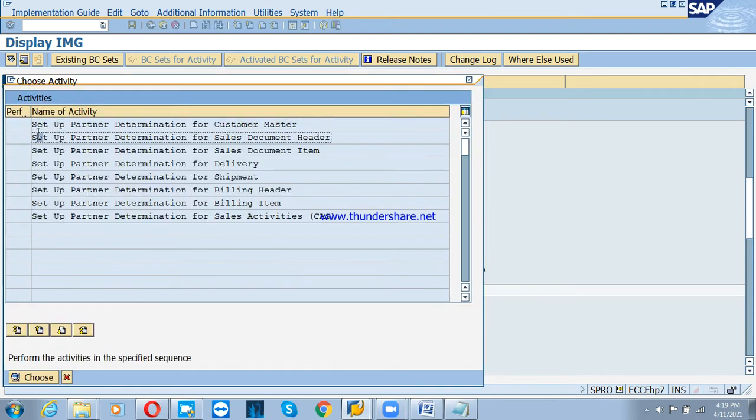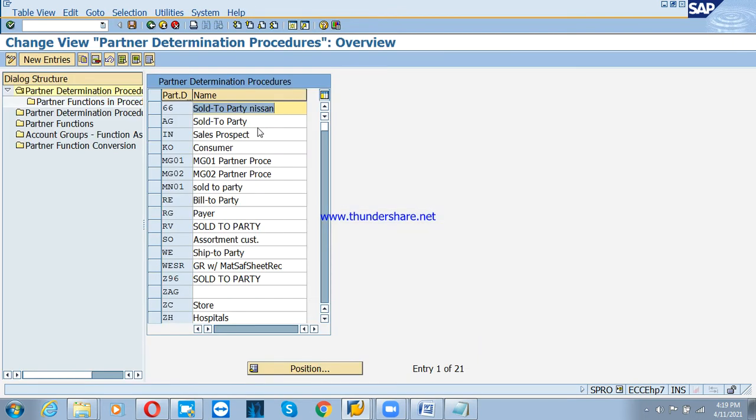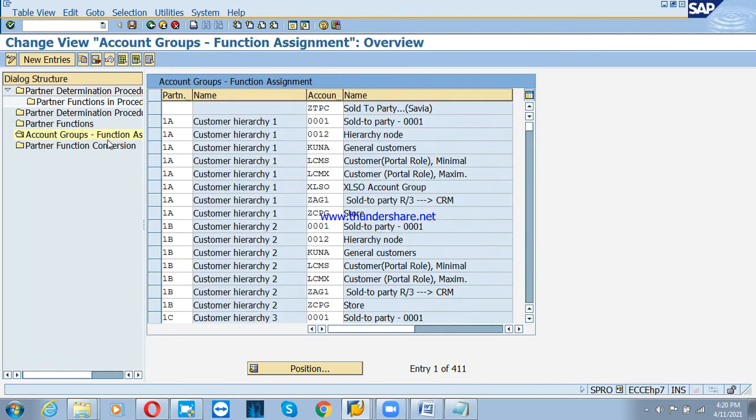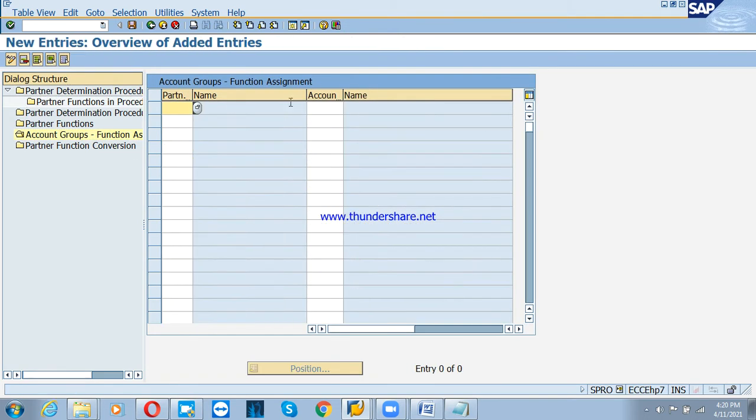Here double click on set up partner determination for customer master. Then double click on partner groups for function assignment. Click on new entries. Here I need to add the partner function, like SP,